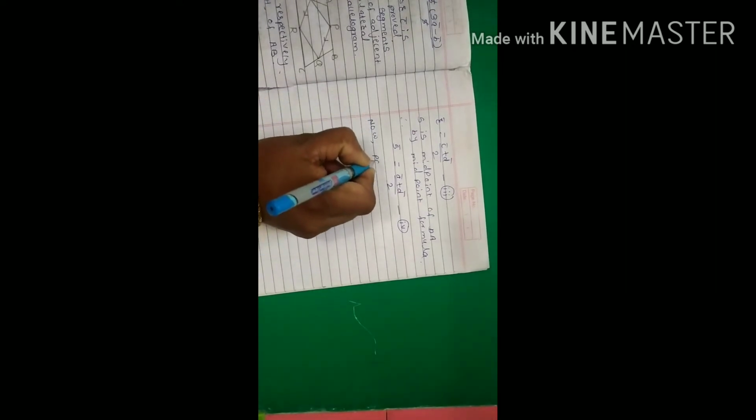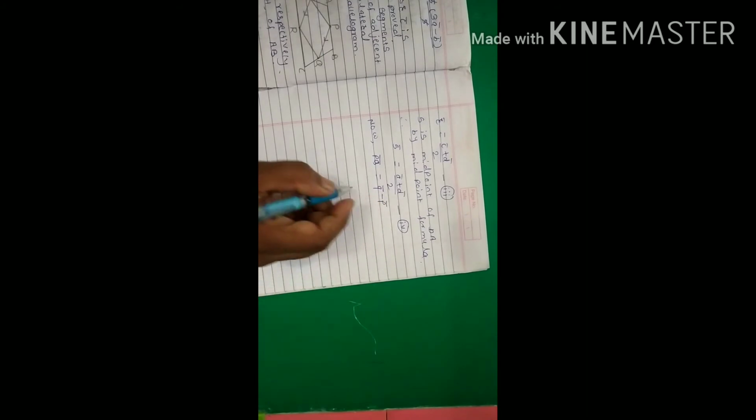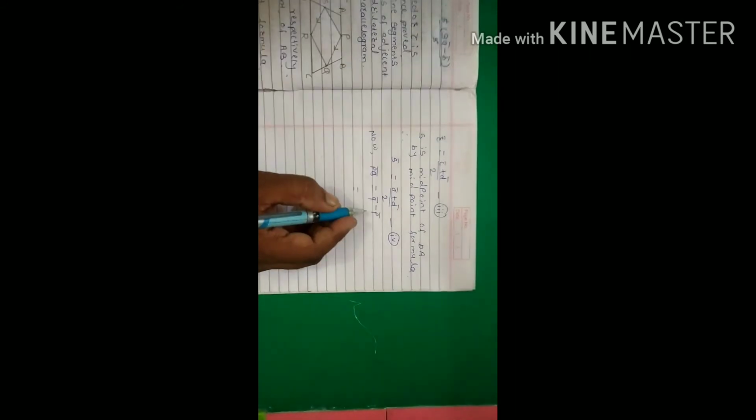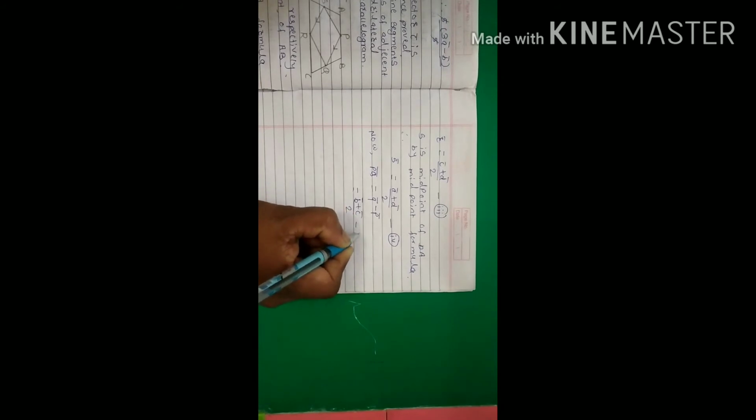Now we find the PQ bar is equal to, we know that Q bar minus P bar. From equation number first, we know that the value of P bar, that is A bar plus B bar divided by 2, and equation number second, value of Q bar is B bar plus C bar divided by 2. Put these values and we write PQ bar, that is Q bar minus P bar. In the place of Q bar, that is the value is B bar plus C bar divided by 2, minus value of P bar is A bar plus B bar divided by 2.